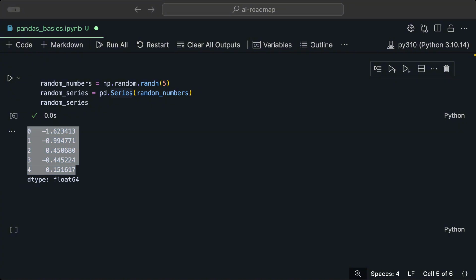Now that we've covered Pandas series, we can jump into Pandas DataFrames. A DataFrame is a two-dimensional labeled data structure with columns that can be of different data types. It is similar to a spreadsheet or an SQL table, basically. You can create a DataFrame by passing a dictionary where the keys are column names and the values are